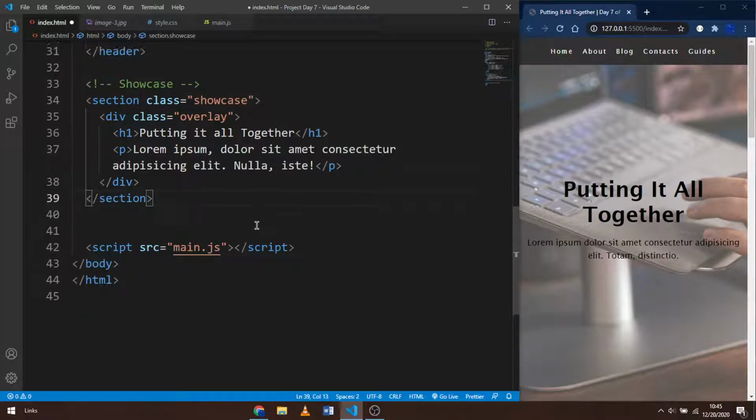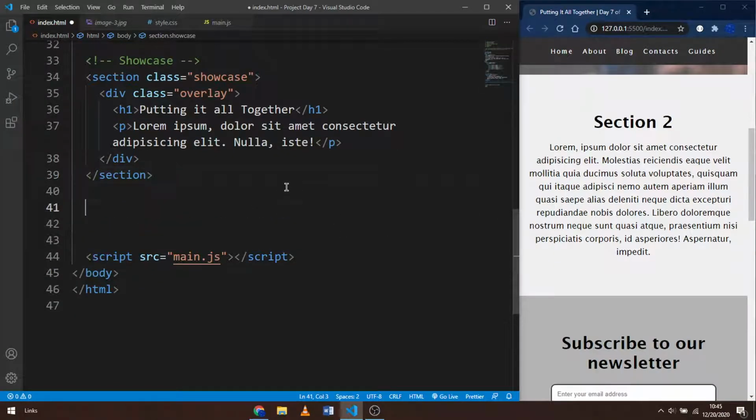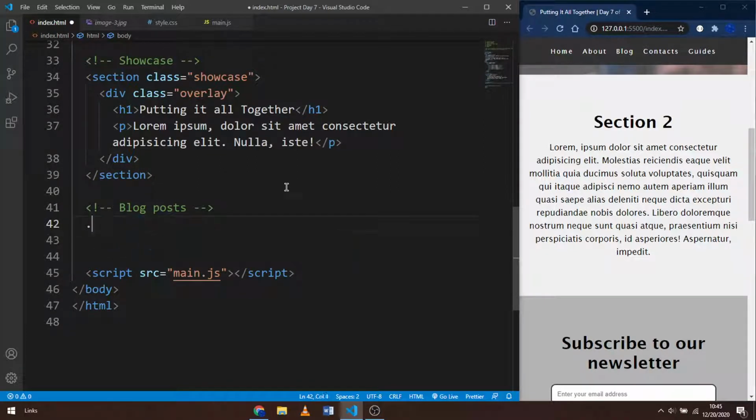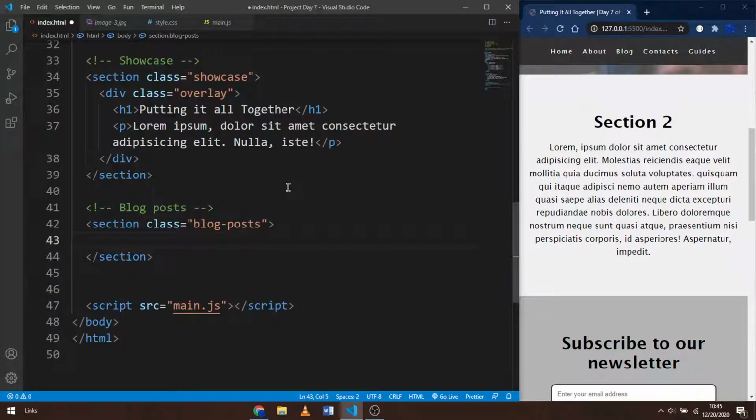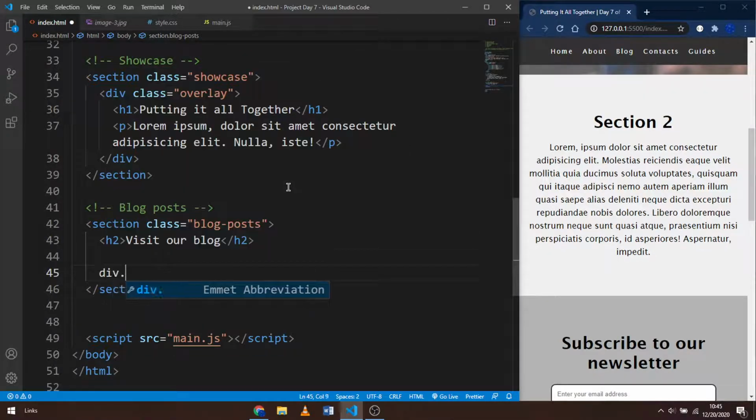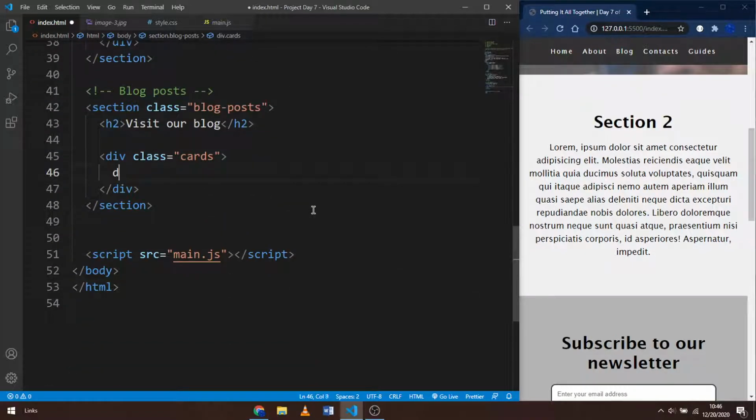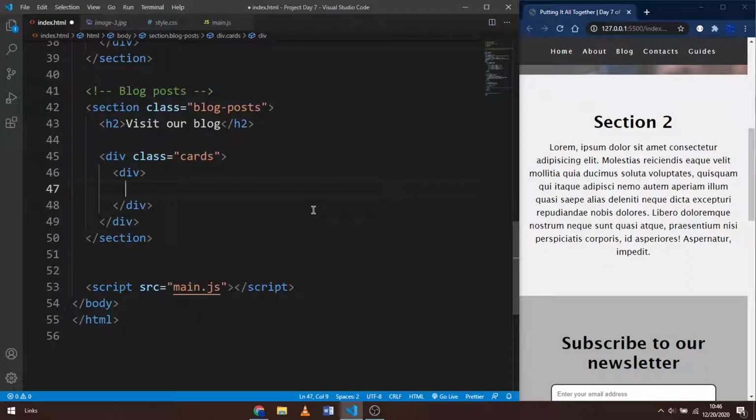It's much easier. And then below that we're going to have a section 2, so I'm going to call it blog posts like that, and I'm going to say section dash blog posts like that. And then I'm going to have an h2 saying visit our blog like that. And then I'm going to have divs inside with the class of cards like that, which will be the actual blog posts. So I'm going to say I want to create another div which will have an h4 saying just